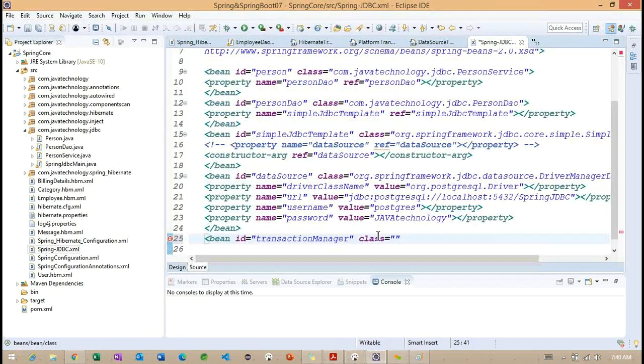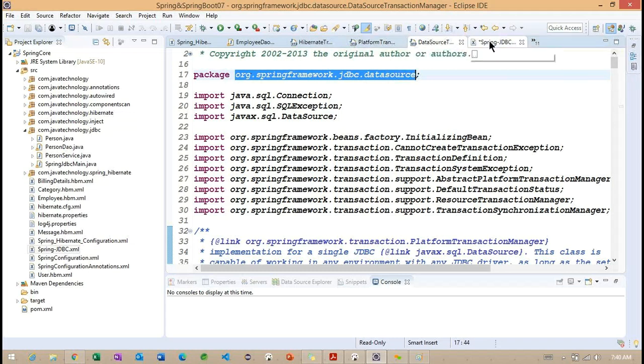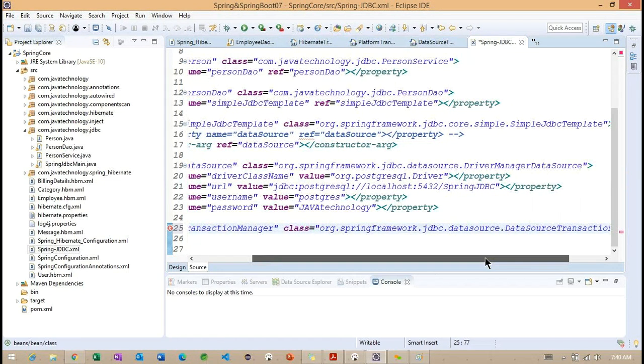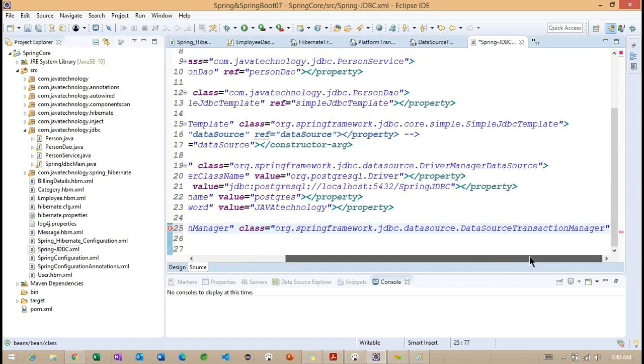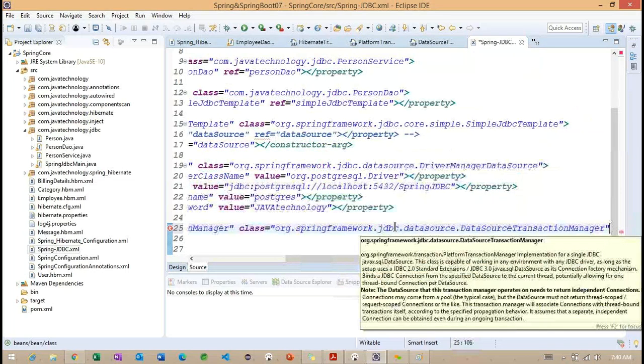We need to specify the data source transaction manager with its package name. So here we need to specify org.springframework.jdbc.datasource.DataSourceTransactionManager. Finally, we identified it here.